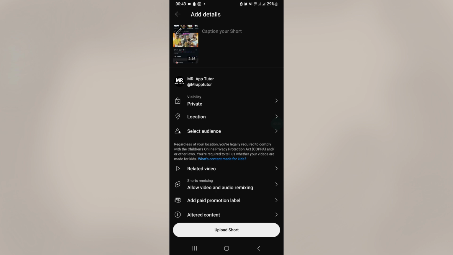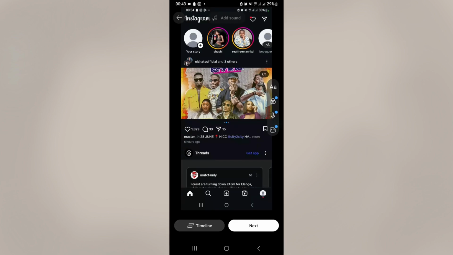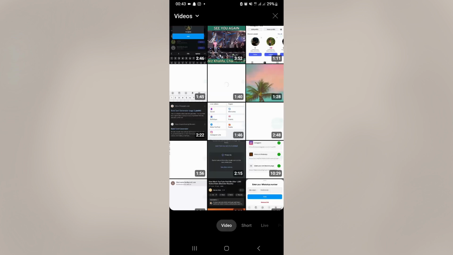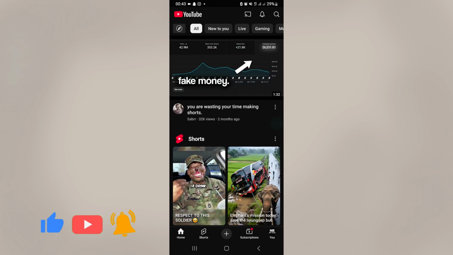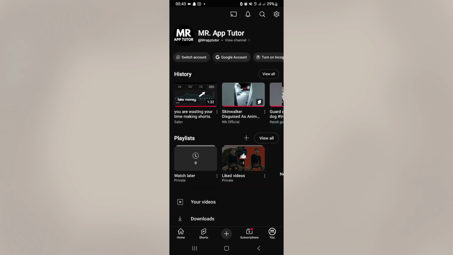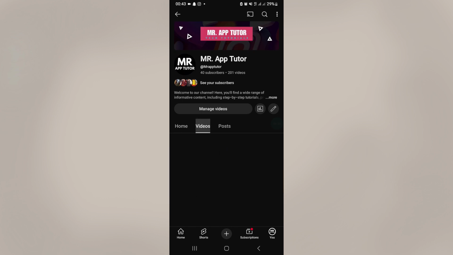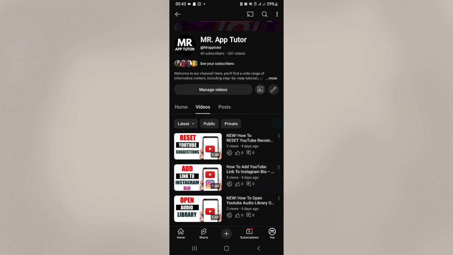But let's say you've uploaded your video already and want to set it from public to private. What you can simply do is go over to your videos by clicking onto the About You section and then clicking on the View Channel option and then go over to videos and then select the video